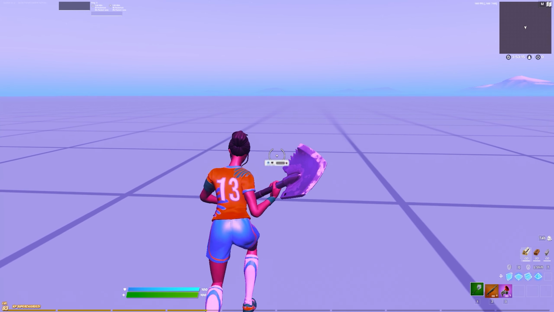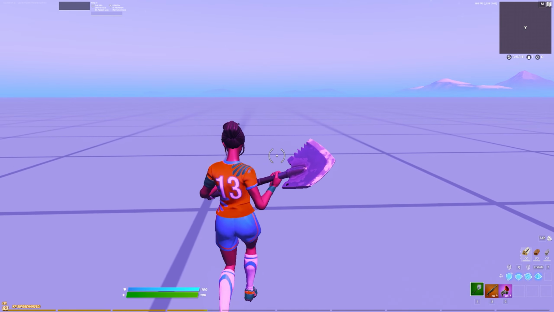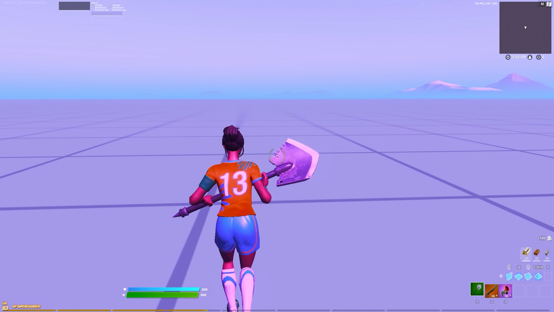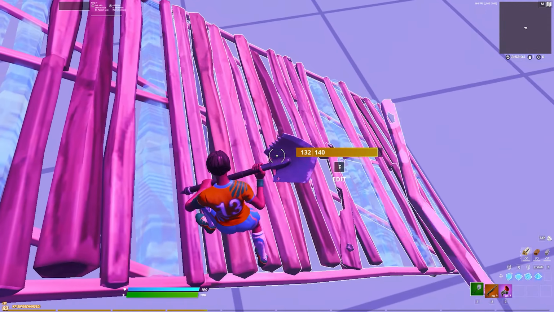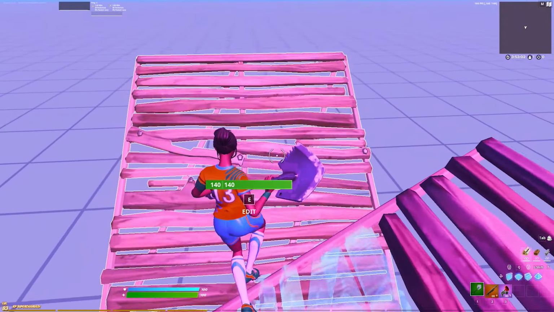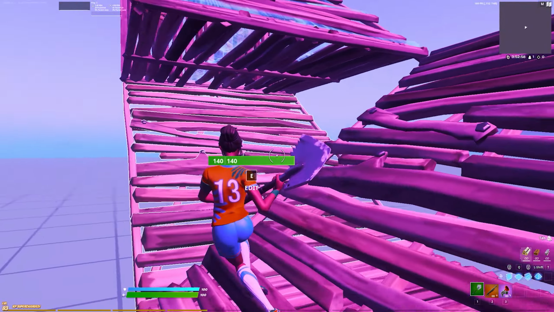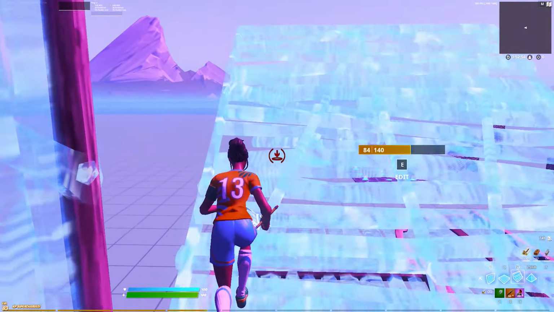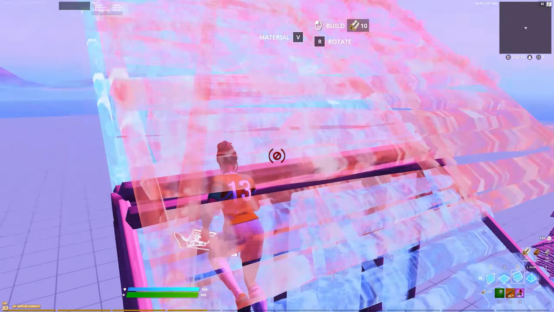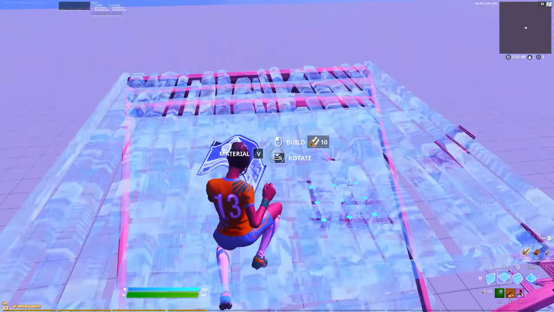Alright, so I'm in my own creative map, and the first thing that you want to learn is how to go up layers while you're ramping up. So what I mean by this is, you go up 2 ramps, right? But as you're about to go on the second ramp, you place a floor and a ramp beneath you, and then you jump up on another floor and a ramp, right? So this allows you to go up a layer while ramping up. This kind of catches your opponent off guard, but a lot of people use this these days, so watch out for that, right? So you just want to be able to keep doing these over and over again,